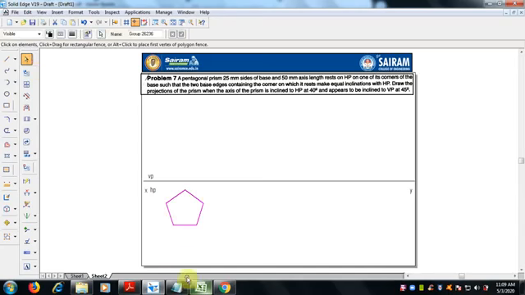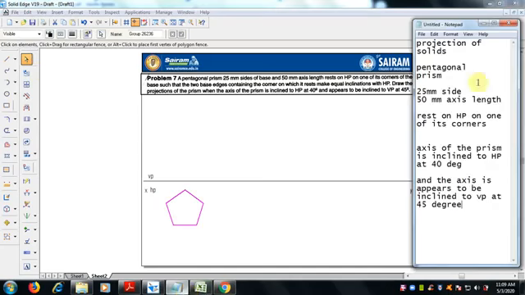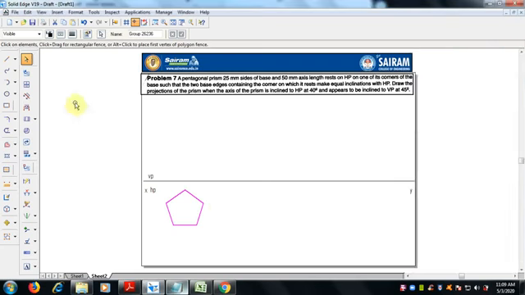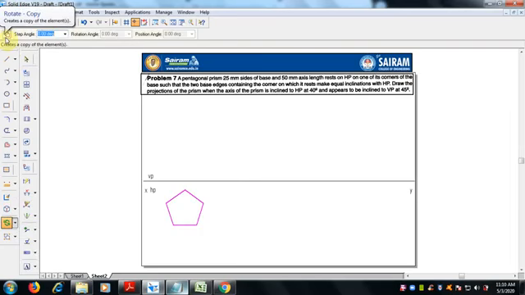So the pentagon is there. The question is, the pentagon lies on one of its corners. So the pentagonal prism, we have to keep it, as already said, resting on a corner position. How do we do it? So go for the rotate command, and here remove the copy option because totally we are going to rotate.